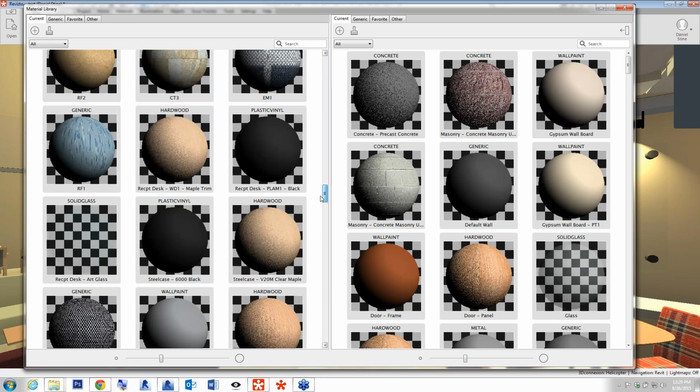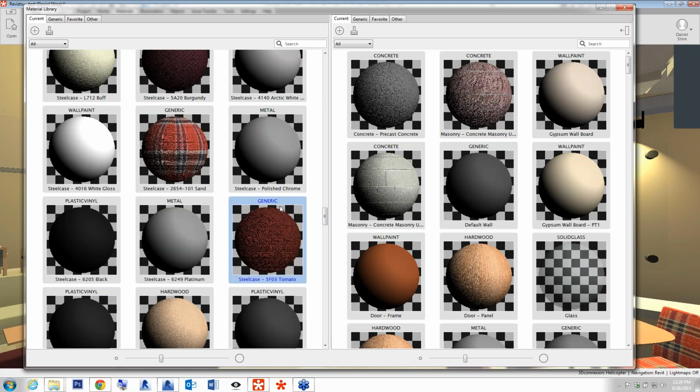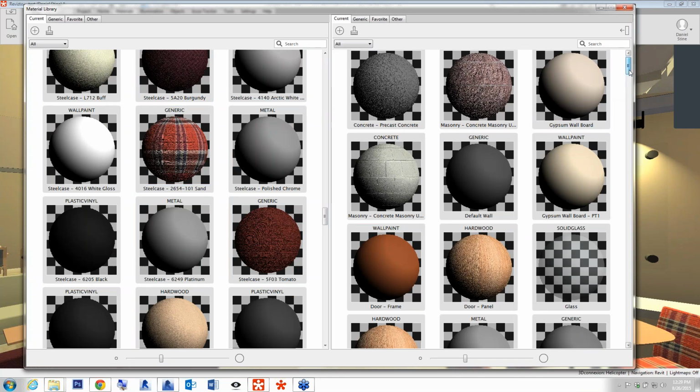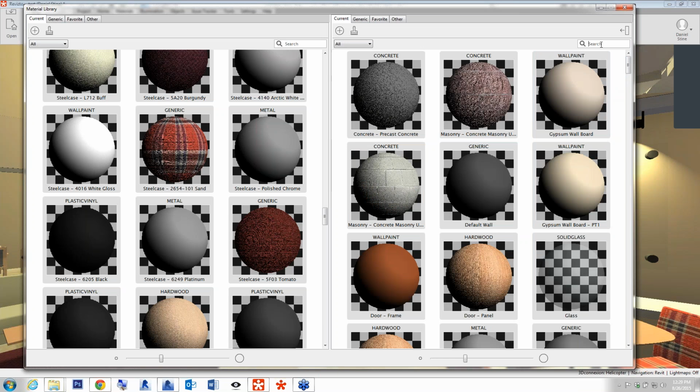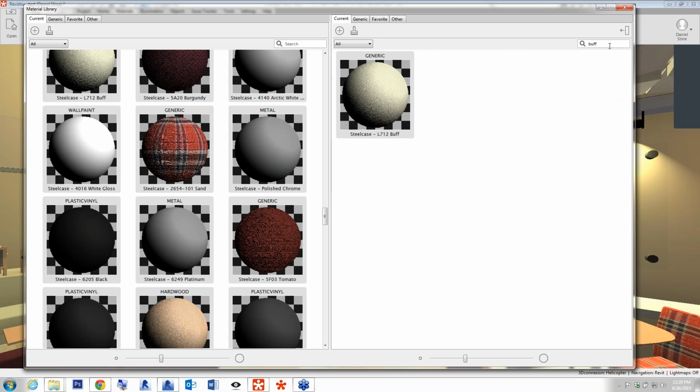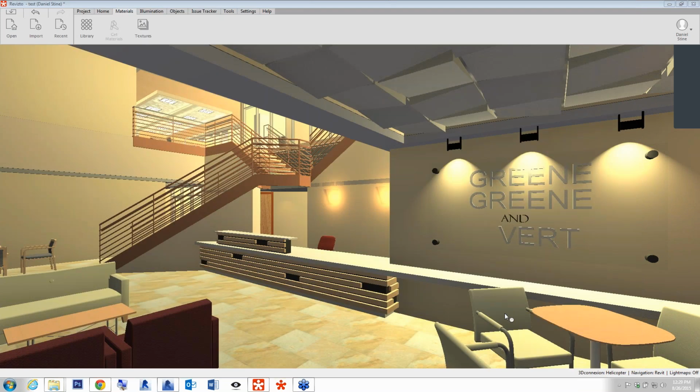One thing I've noticed, if you do have linked models, you might end up with the same material in the list here more than once. So if you wanted to actually replace this particular material, you might have to do it more than once. There's a handy little search dialog box in the upper right. I can take one material and drag it from the right to the left to overwrite another material within the editor. And so you can see all these chairs just updated rather quickly.